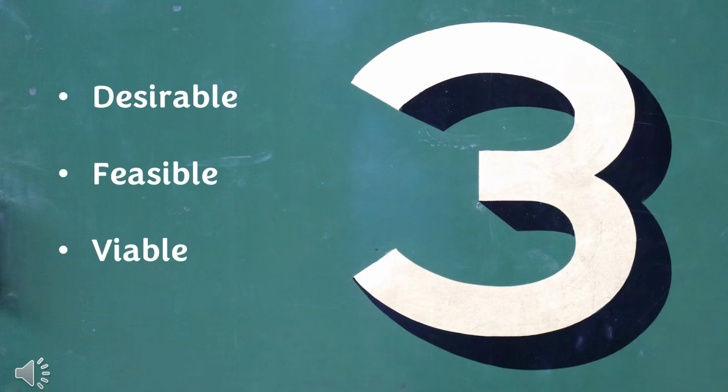Is it something that we can do? Because if there's a huge investment cost, then yes, we might be able to. But if it's a technology that perhaps doesn't exist yet, it might be desirable to do that, but it isn't feasible. So, for example, from a university point of view, it might be desirable that we have full on virtual reality lectures, but at the moment it's not feasible, mainly due to technology costs and all of those sorts of things. And then the final one is about viability.